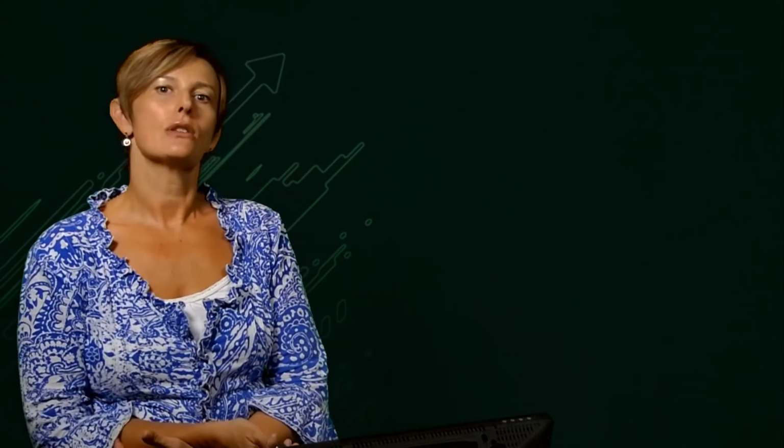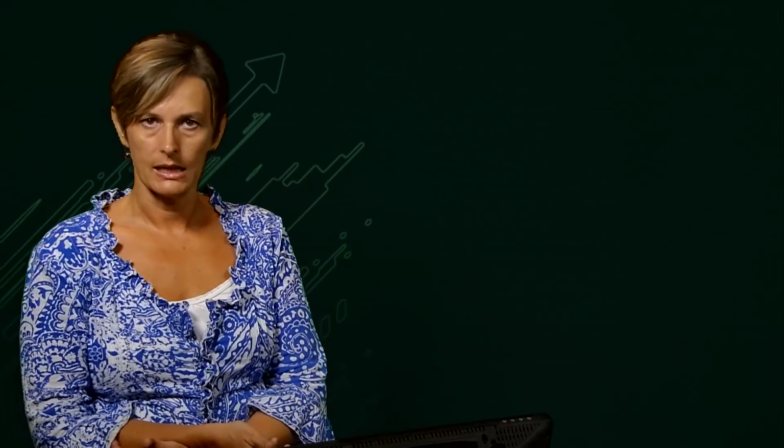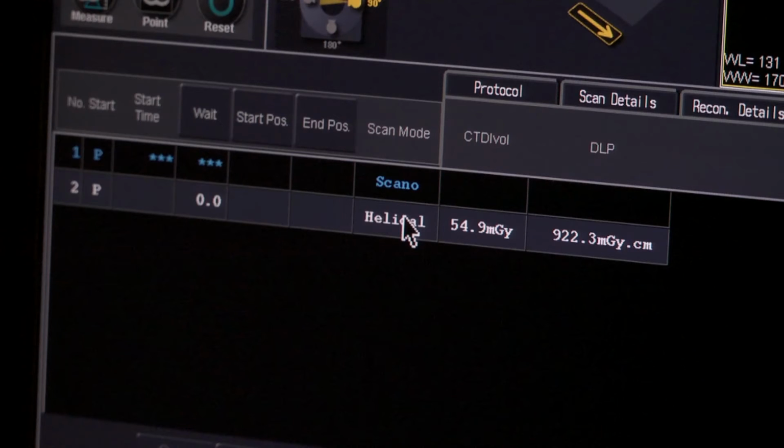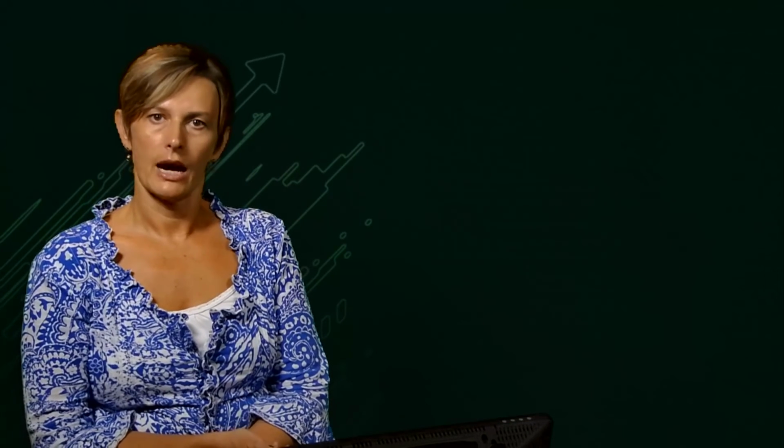In order to calculate the total absorbed dose for a complete CT examination, the size of the body part that needs to be scanned must be taken into account. The dose length product, represented here as DLP, is the product of CTDI and the size of the body part. It is measured in milligray per centimeter. You will be able to learn more information regarding radiation dose with CT in the next session.